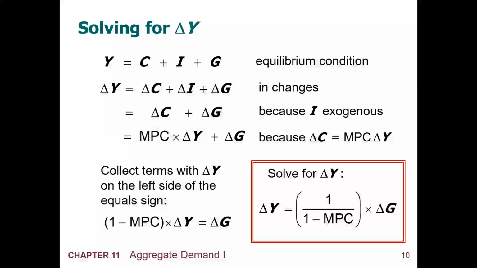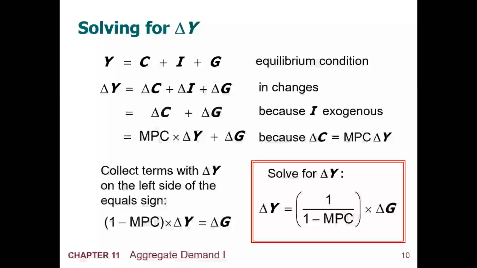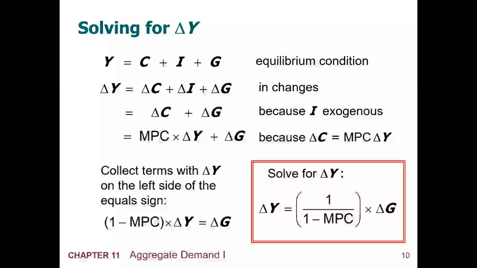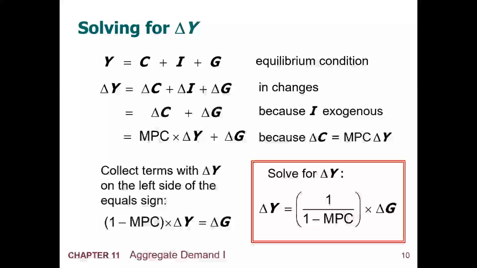And if we want to find the change in output as a result of a change in government spending, then we're going to have to transpose. So the function now would be 1 over 1 minus MPC times government spending. And the 1 over 1 minus MPC is something that is called the simple multiplier. Now, the simple multiplier speaks that